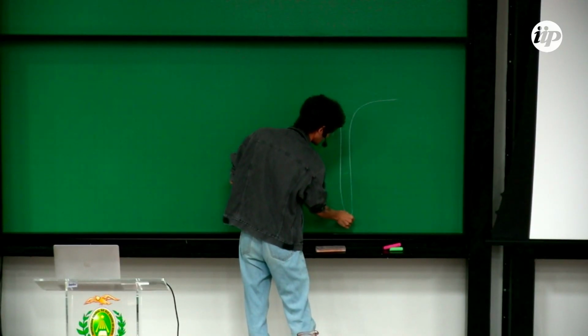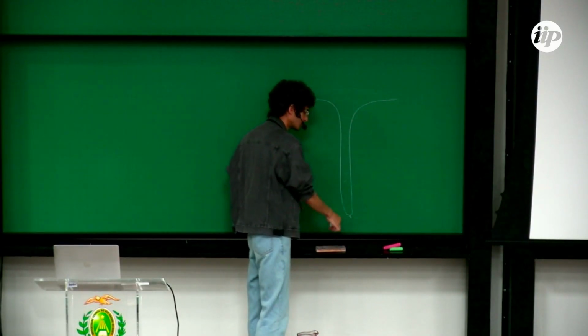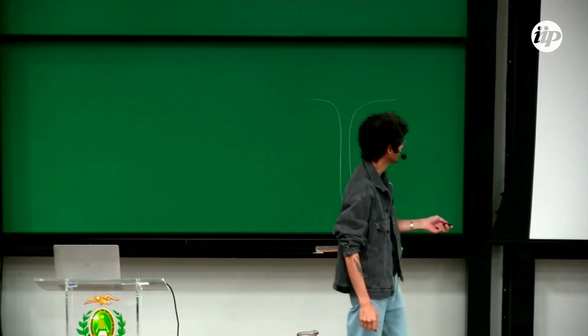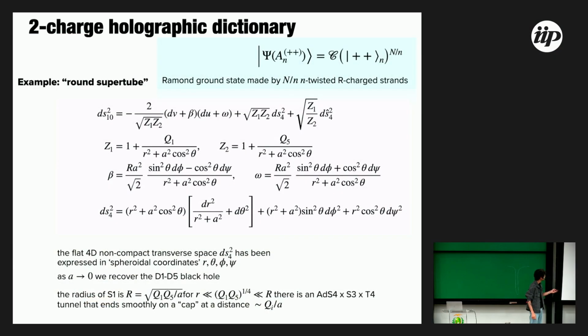It ends in a smooth geometry characterized by this little number a. When a goes to 0, if you take this and put a equal to 0, this complicated thing becomes our D1D5 system, the geometry that I had before, which has a horizon. So this is a smooth, horizonless,